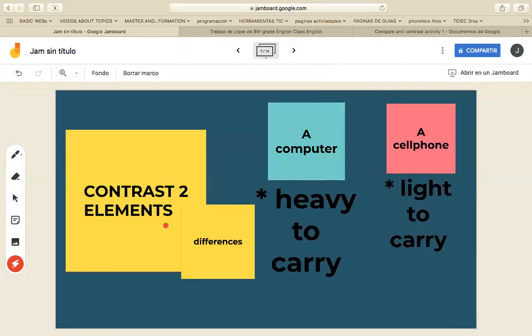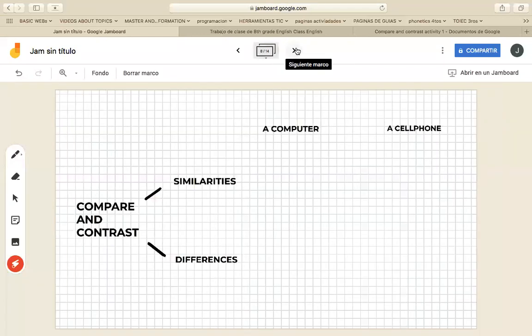For example, to contrast, I can say that a computer is heavy to transport, es pesado, heavy to carry. To contrast, a cell phone is light to carry, es muy liviano de llevar. Entonces, to contrast, I have to see the differences of the elements. Resumiendo,